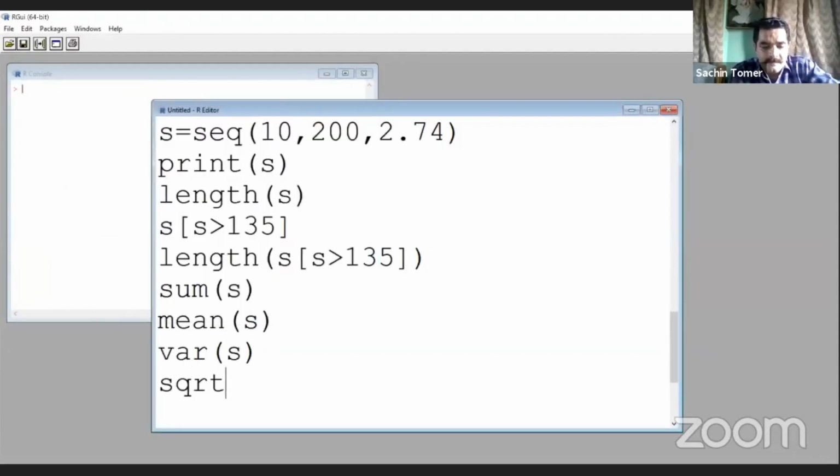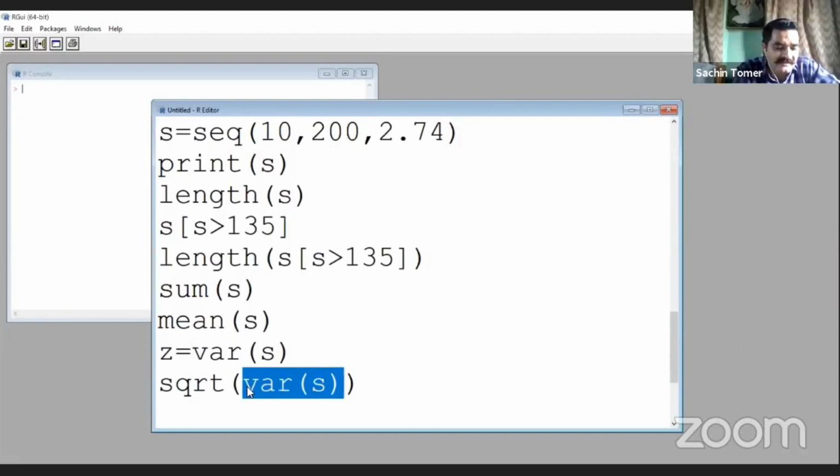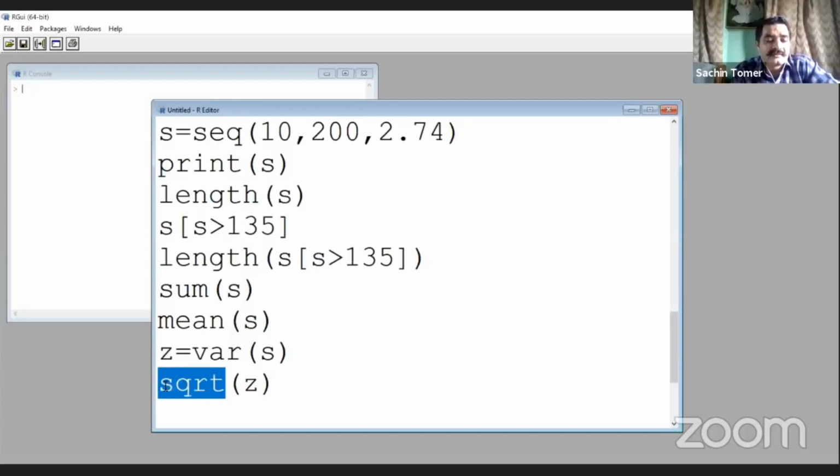SQRT, variance VAR of S. Or you can store this variance in Z, Z is equal to var S, then you have to write SQRT of Z. SQRT is used to get the square root of the variable. So variance S is stored in Z, so SQRT of Z, you can find out with this command.